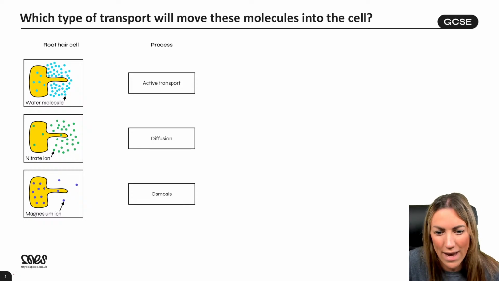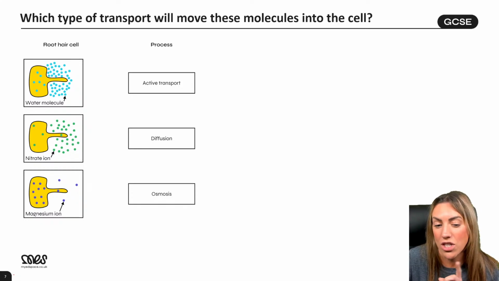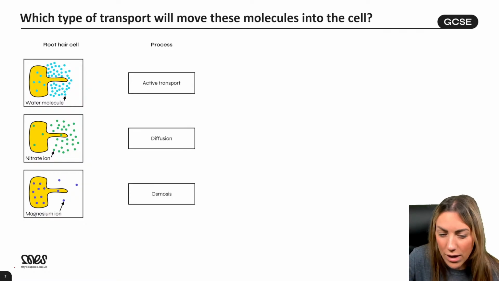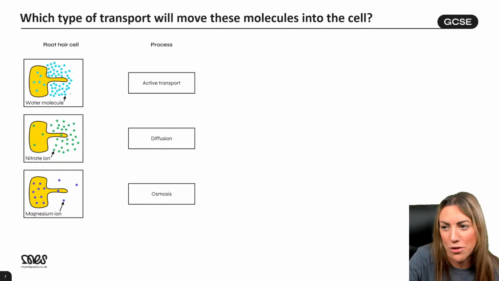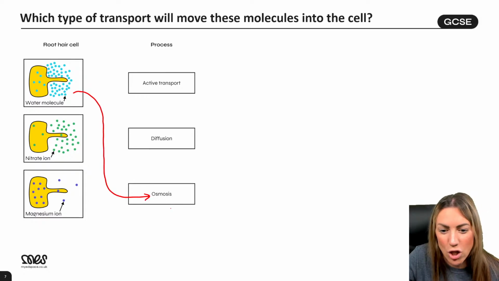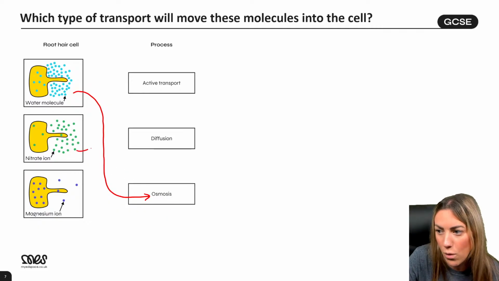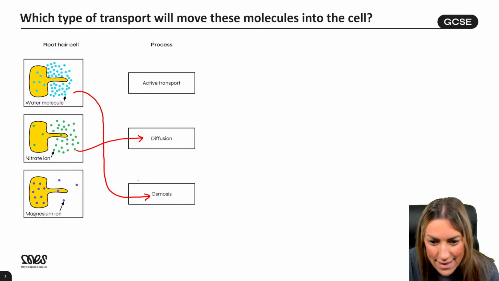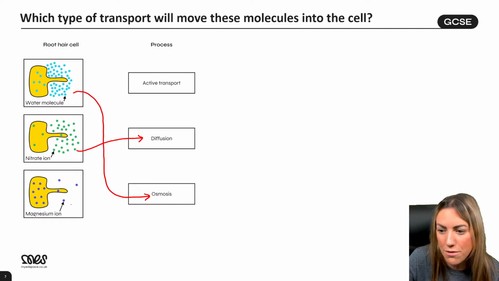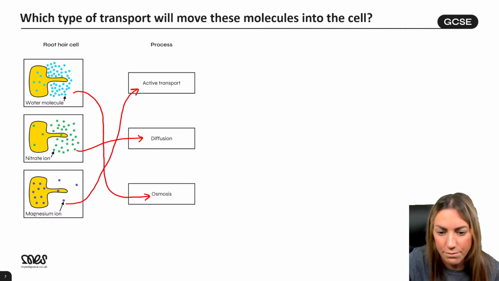Again, TRXYS, you wouldn't get a mark for just naming the stage for that previous question because it asked you to describe what happens. Okay, so water molecules, right? The clue here, we've got water. So it's got to be osmosis. It's got to be. 2 is diffusion. Well done. And we'll explain why in a second. And that means 3, or the magnesium ions, has got to be active transport.